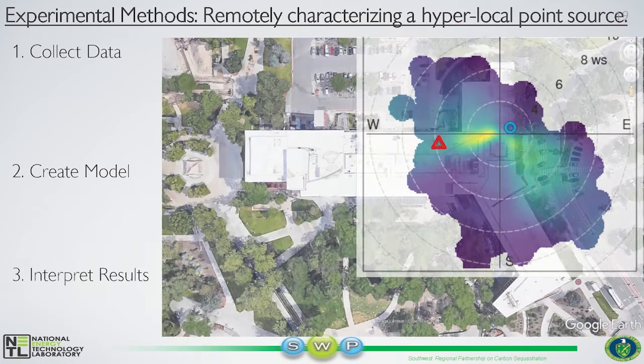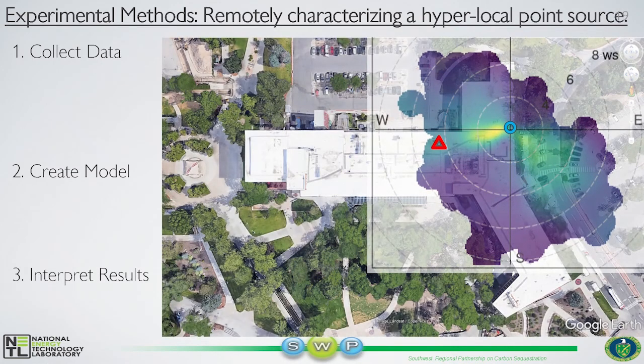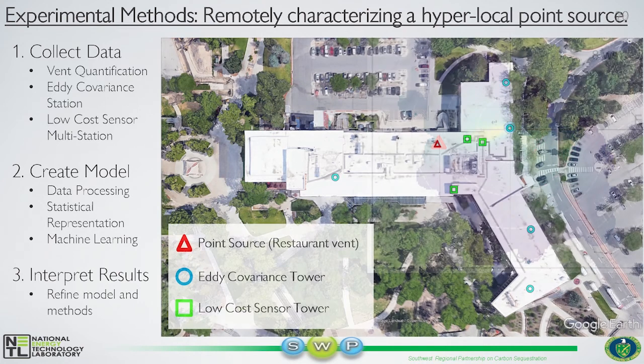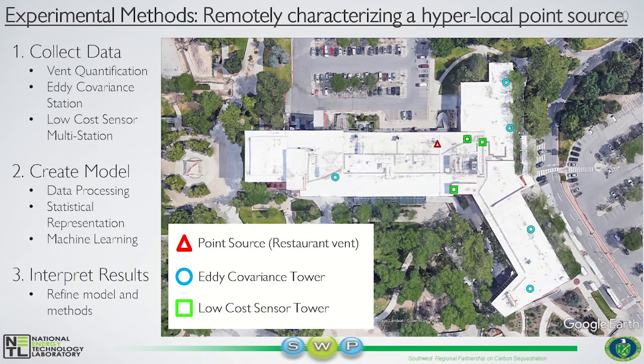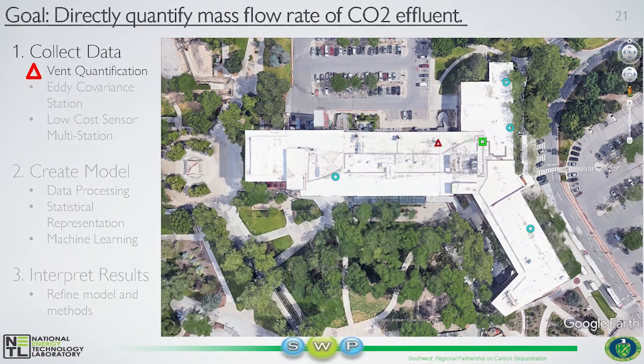Finally, we can interpret the model both visually and quantitatively. We can then use these interpretations to go back and alter different model parameters and look to see what methods and procedures work best for characterizing the source. Alright, well I added a few steps, but let's start with number 1, and that of course is collecting data